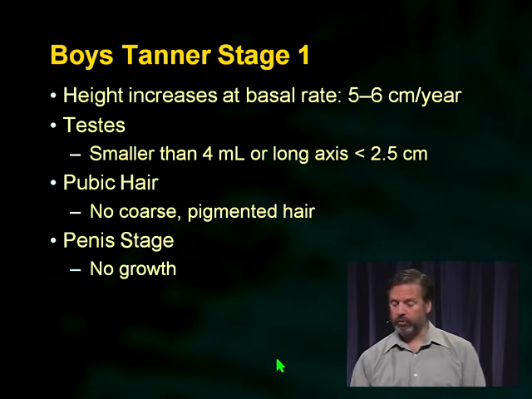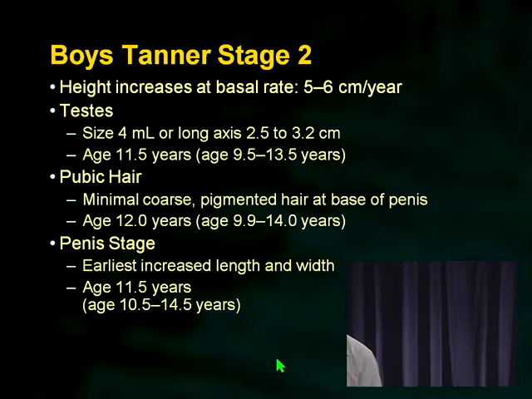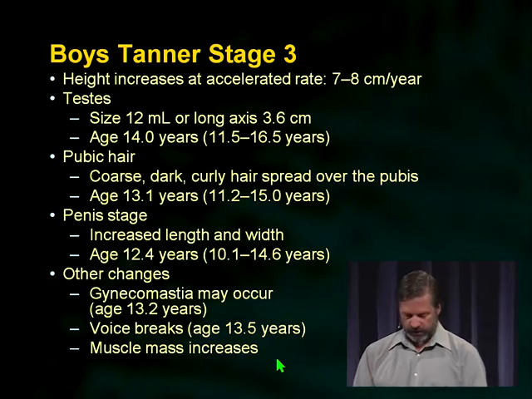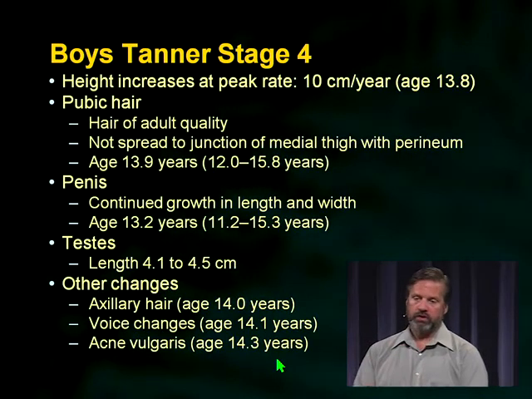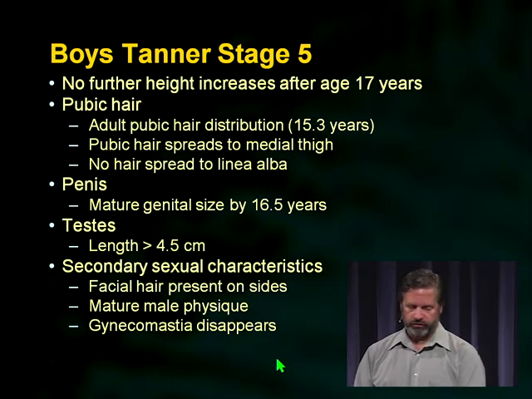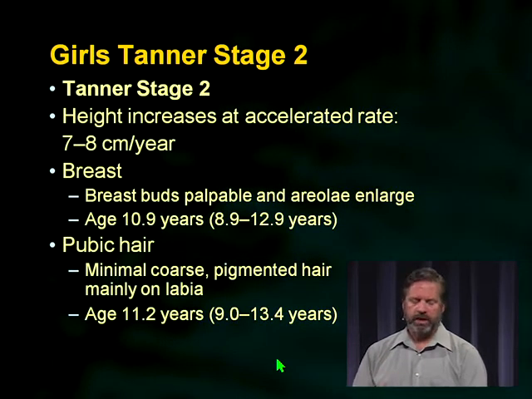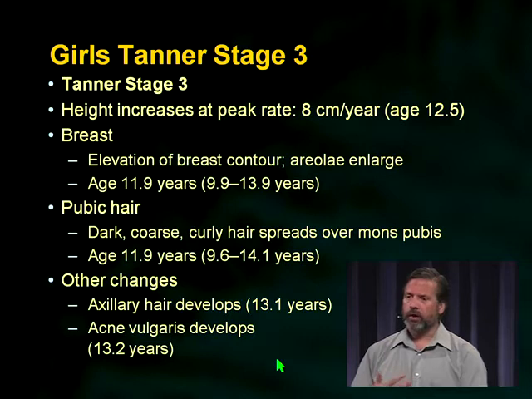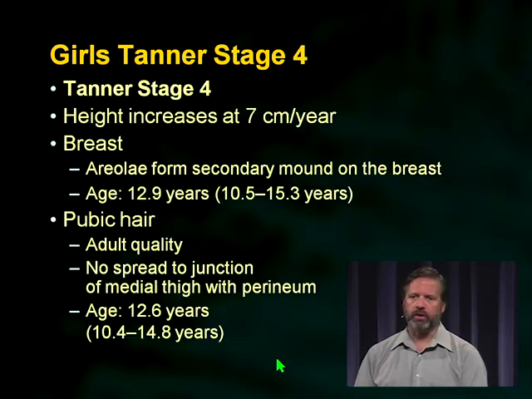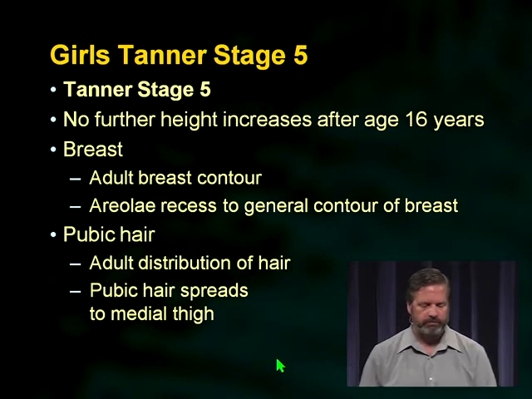But you need to know what's represented by these 5 changes. So I've actually written out all the stages for you, and there's 5 for each, boys and girls, and we're not going to go through them, but what you need to do is, in your mind, make sure that you have a pretty good sense of how it's changing over those 5 stages. And the Tanner stages are probably the best mechanism to assess where a patient's at in their growth and development. So the boards are going to expect that you use Tanner staging to assess where a patient is in their growth and development.